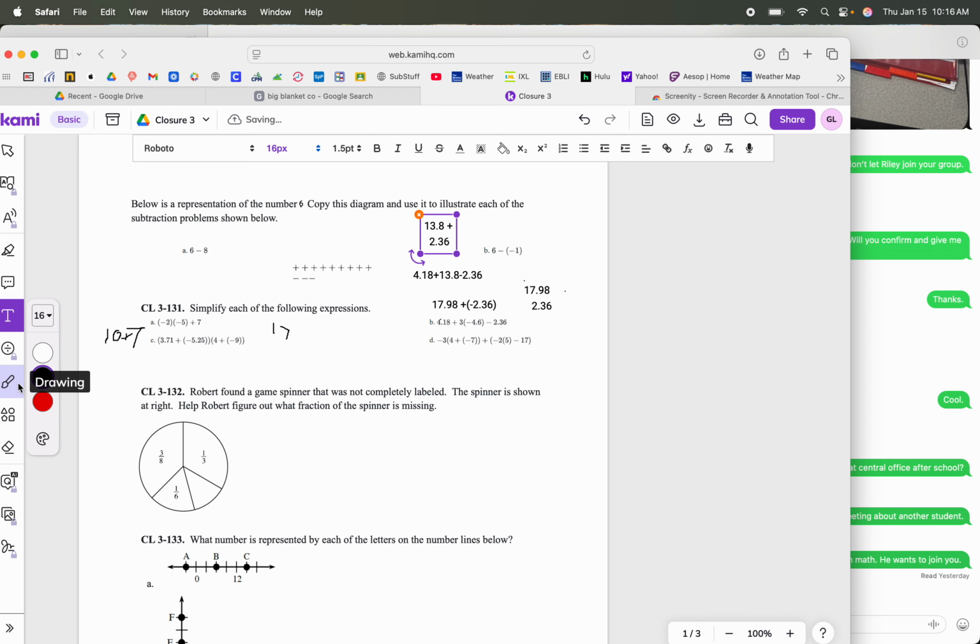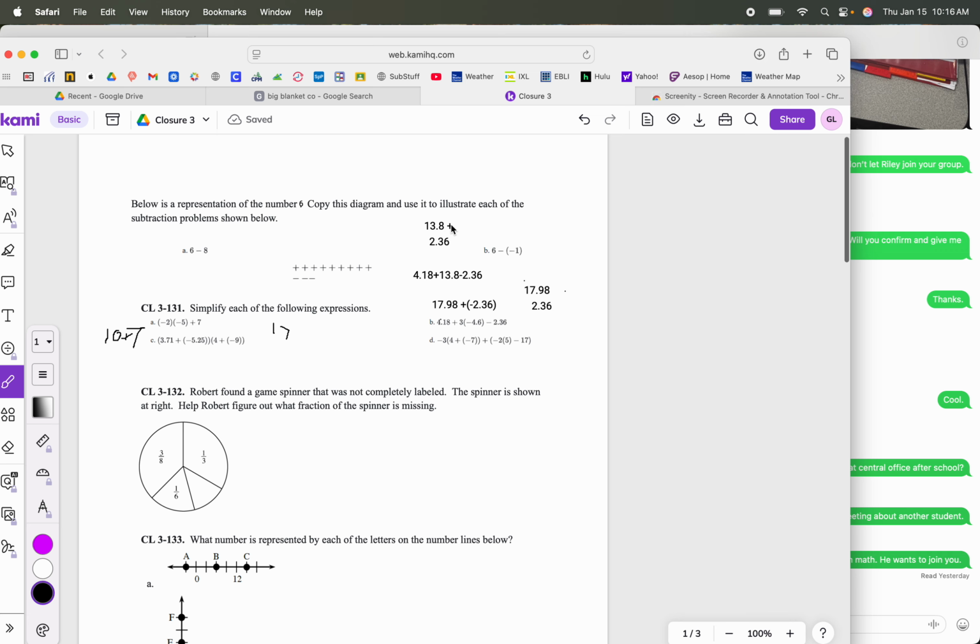All right, when I get to this point, I've lined up my decimal. I have a 0 here that I can add. 6 plus 0 is 6. 8 plus 3 is 11. Carry the 1. 4 plus 2 is 6. Bring down my decimal point here. 1 plus 0 is 1. So what this should look like, a negative 13 and 8/10 plus a negative 2 and 36/100ths should be,